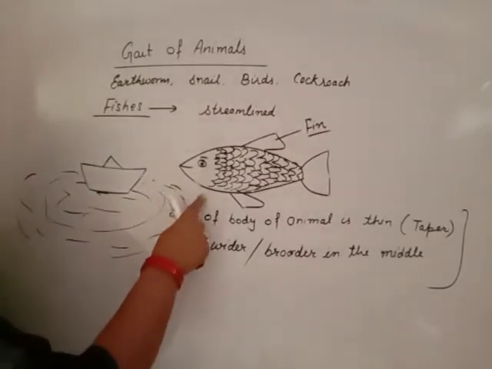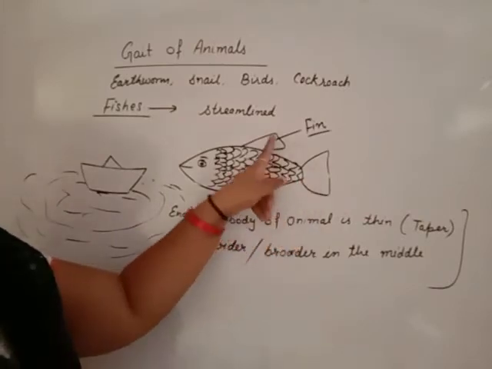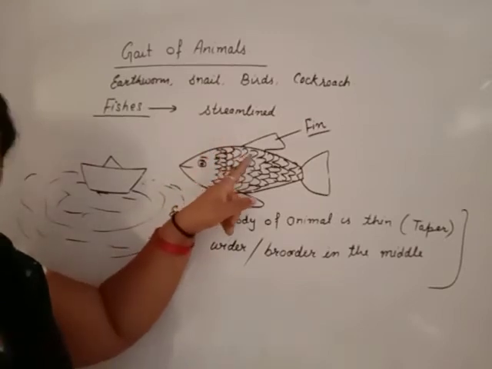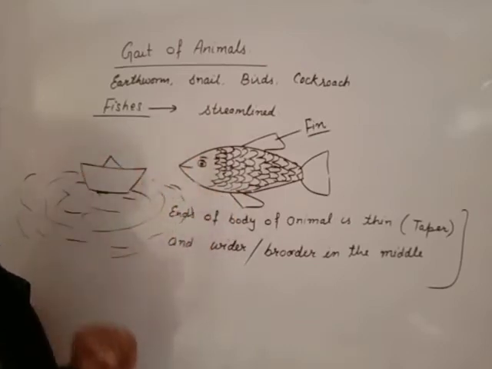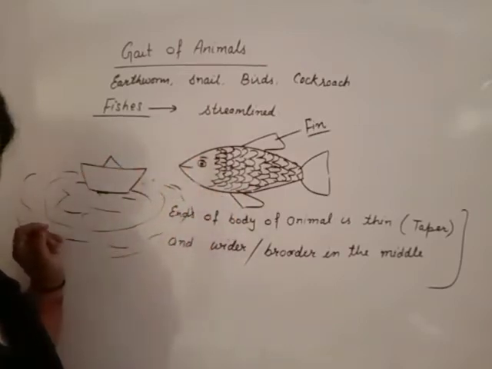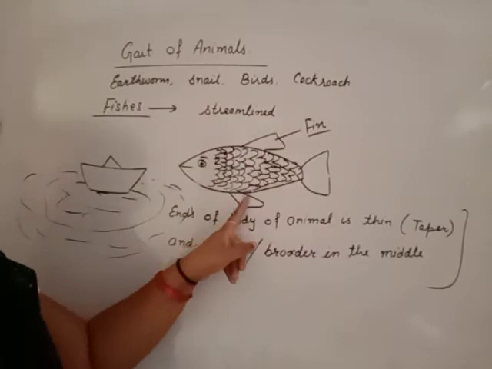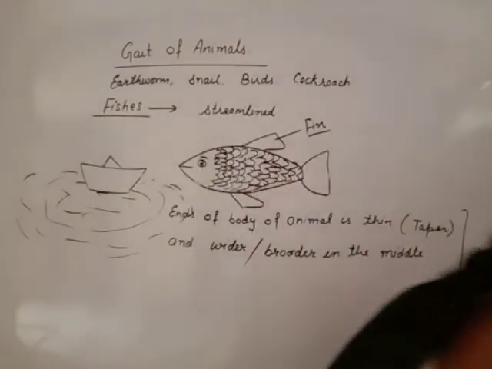Clear? This is the streamlined body which helps in the movement of fish in water by the process of swimming. During swimming, the fins, tail fin and side fins of the fish, help in finding the direction of the fish, and second, they maintain the balance between body and water by these fins, by removing the water from the sides.